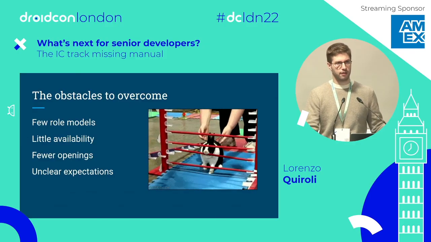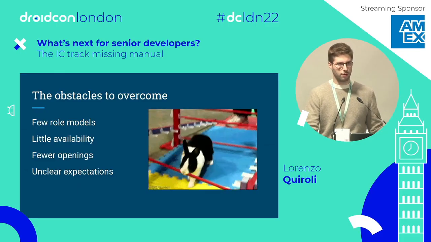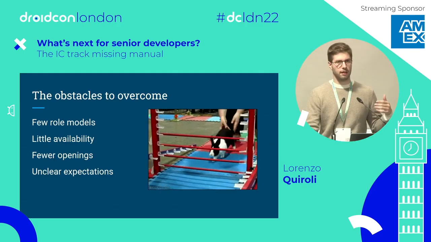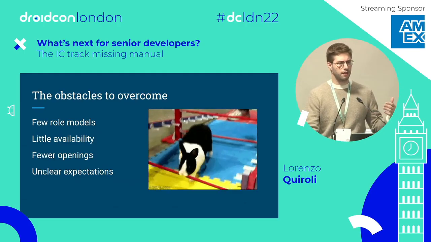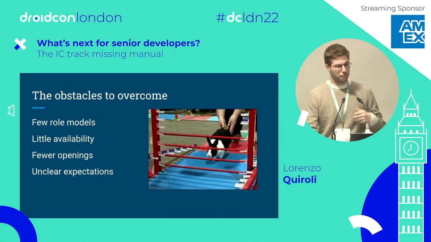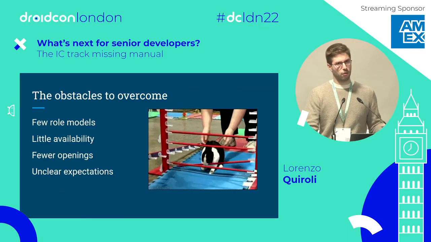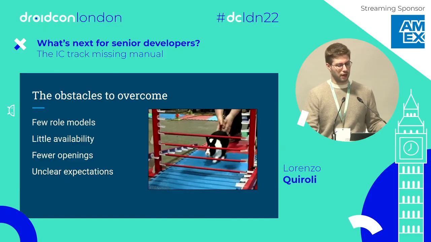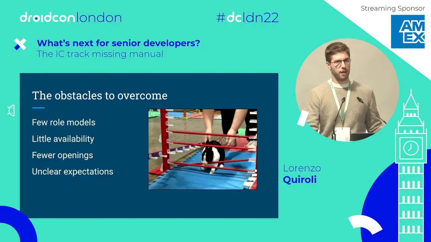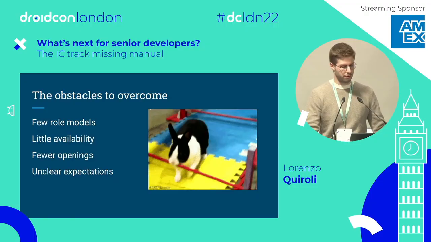If you're working in a startup or in a pretty small company, you might not have a lot of role models you can get inspired by. Especially, there might not be another staff Android engineer. There might at times be a back-end staff engineer. Those are more frequent. There might also not be a lot of availability in your company. Not all opportunity exists at all times in all places, and this is worth remembering, because even if you are amazing at something, it doesn't matter if there's no opportunity to be in that role.